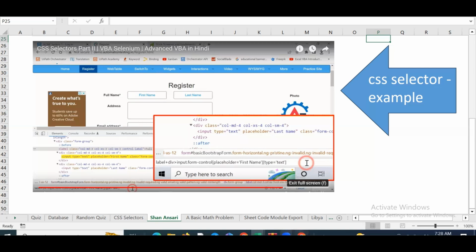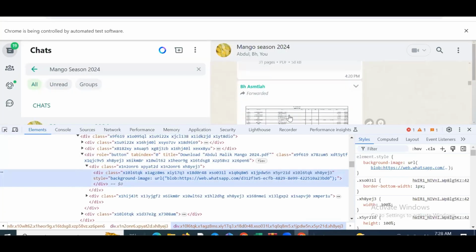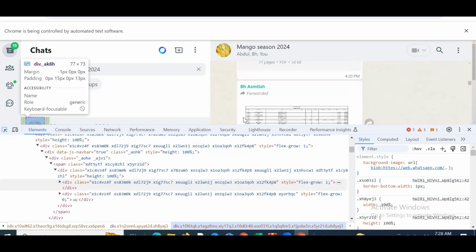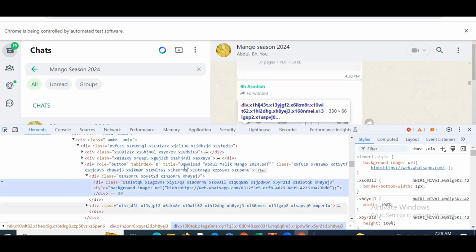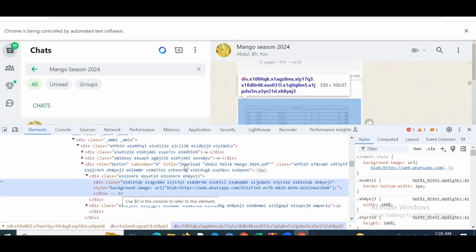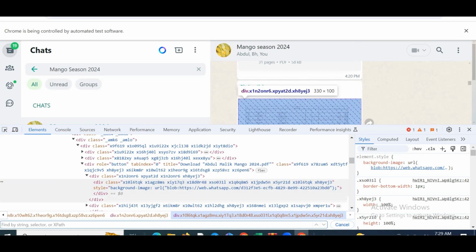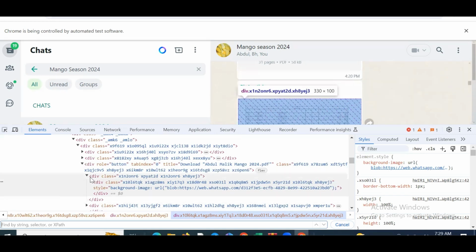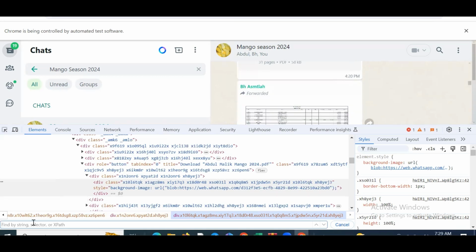Now let's try doing it in this scenario in which we want to access this object, right? So first thing we have to do is select this thing and put the cursor here. So this is going to highlight. So what should be our CSS, I mean unique CSS selector? Well, we knew that this is the child of div, right? Div is the child of div, right? Okay, so we will write